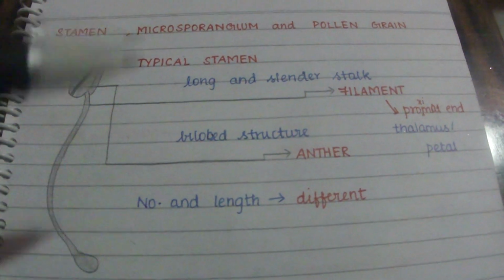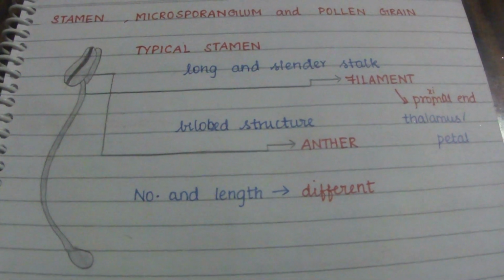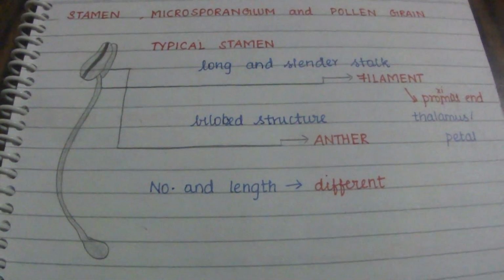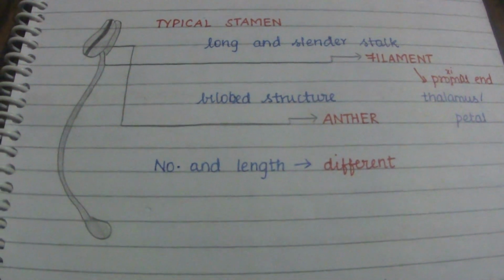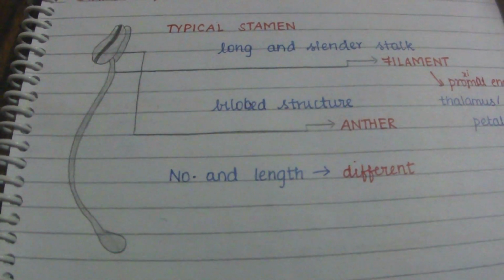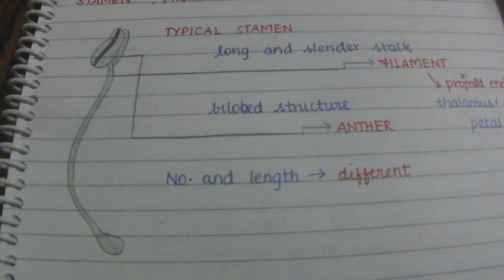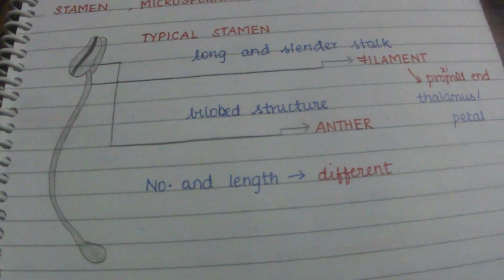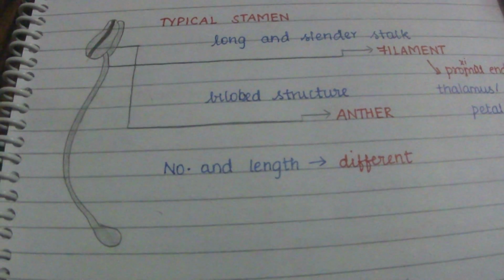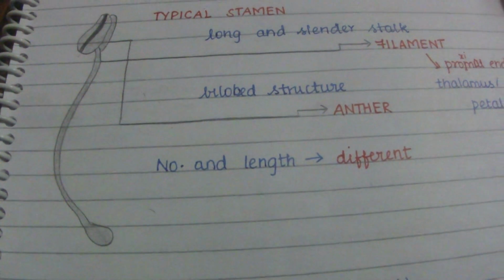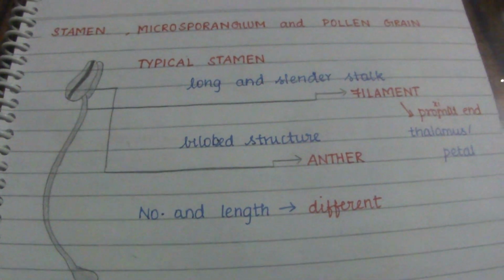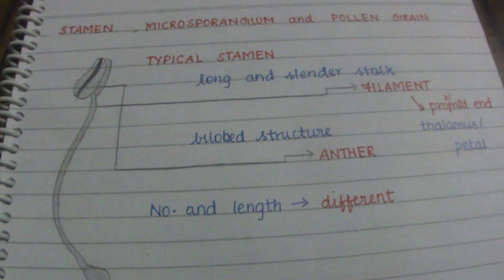The number and length of stamens is variable in flowers of different species. For every different flower and every different plant, the number and length of the stamens vary. For example, if we take stamens from 10 different flowers and arrange them on a board or a slide, we can see different sizes. It is a great thing that nature shows such variation.